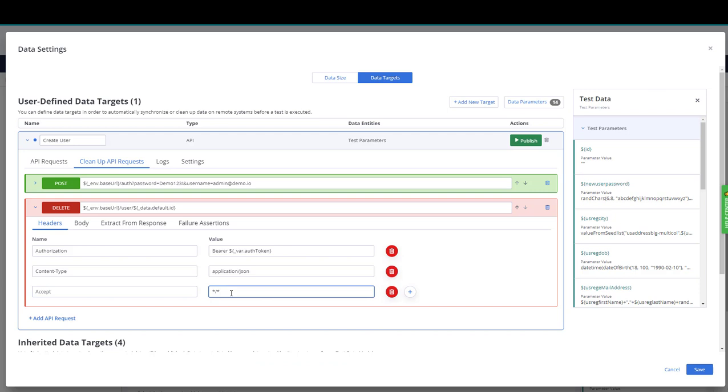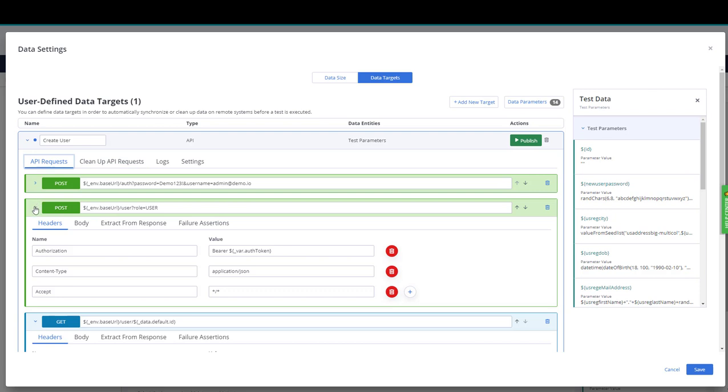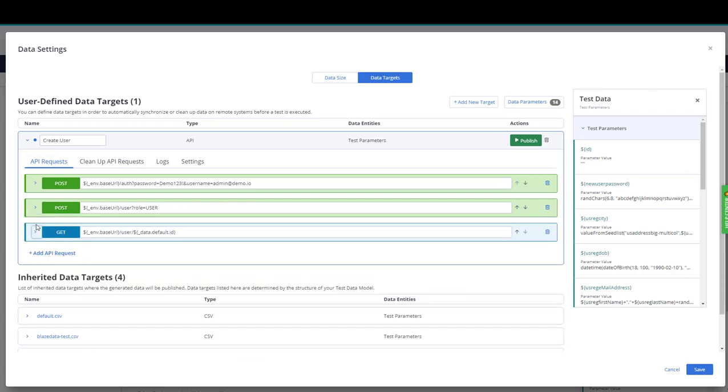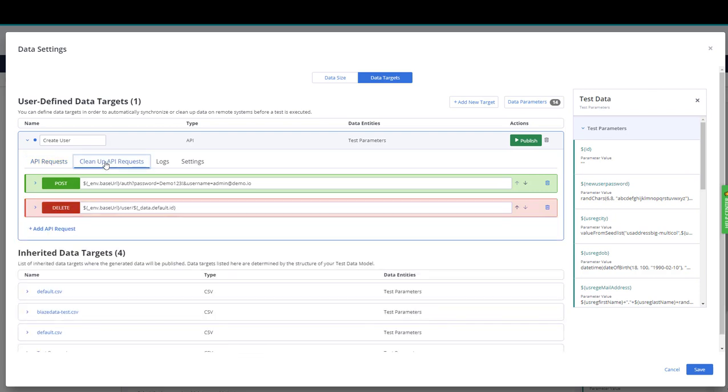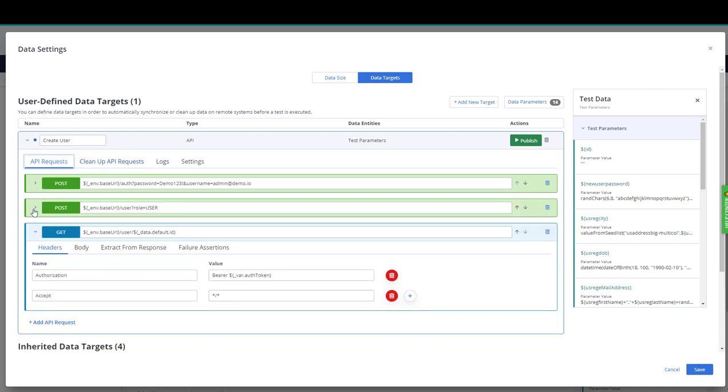Now what will happen is when the test executes, we will run all of the steps in this API request. When the test completes, we'll run all the steps in the cleanup API. And as you saw, the logs are here. Now, one thing I didn't talk about was when you looked at these